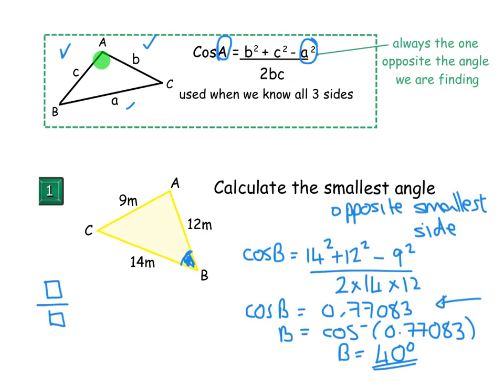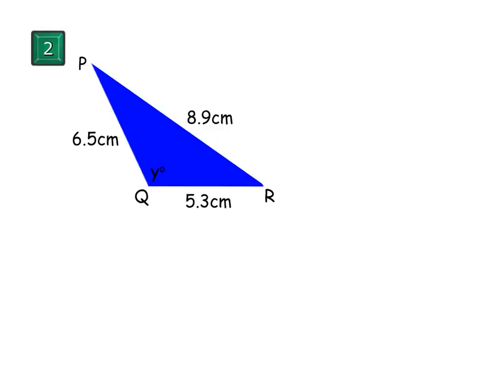Okay, let's look at another one. Okay, so in this one we're looking for this obtuse angle labelled with y. So we're actually after cos q. So I'm just going to go straight with the formula. So it's cos q equals, remember that it should be a take away the 8.9